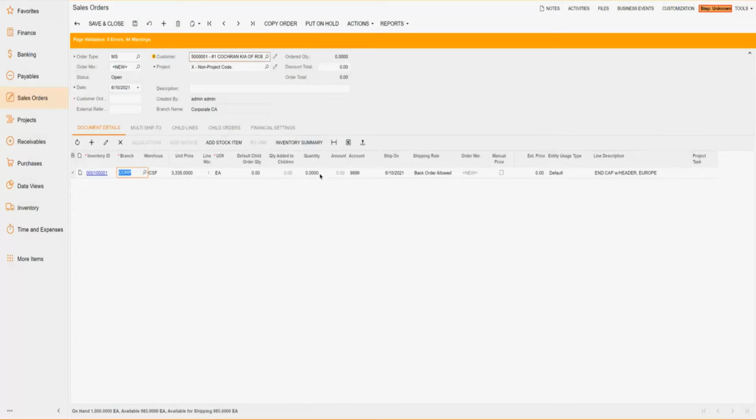So here we have the standard order quantity, and then we have a default child order quantity. This is like setting the starting point for what a child order will have in terms of quantity for this inventory item. So let's say the customer has ordered 10, and let's say that the default for each child order will be 1. So with 10 items, we're going to have 8 ship-tos that are going to have 1 item,